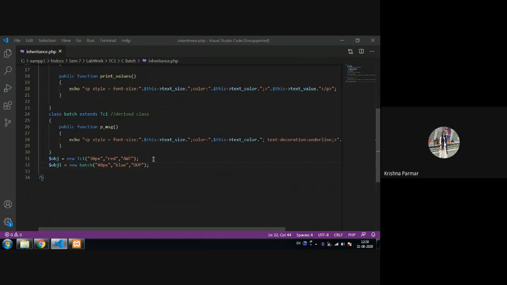Now just tell me, whenever I write batch and then pass the parameters, that is called constructor calling, right? But here I am not defining any constructor. So is it valid or not? Can anybody tell me? As we discussed, whenever after the class name we pass things, that is always called the constructor, right? So here batch means this class. Here I'm not defining any constructor, and yet I'm providing arguments to it. So is it valid or not? Apply your thinking.